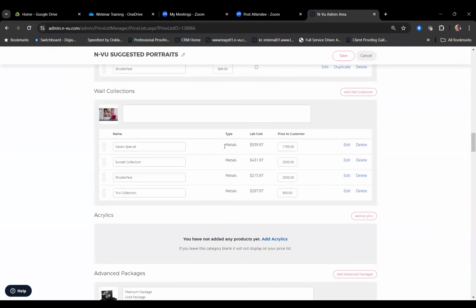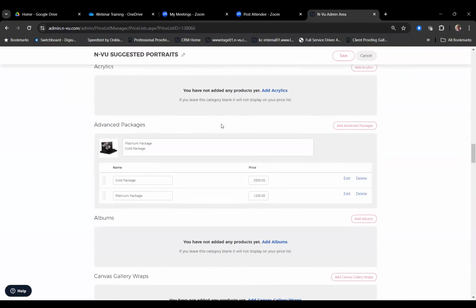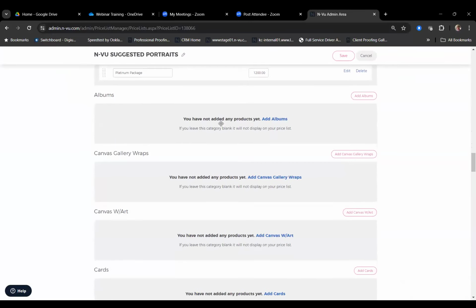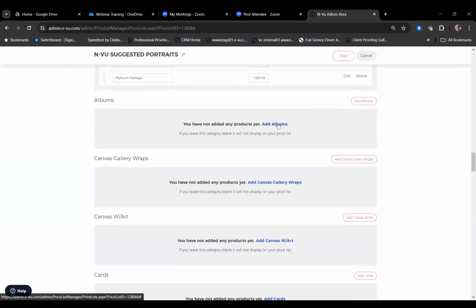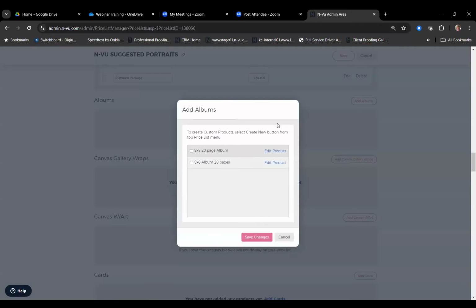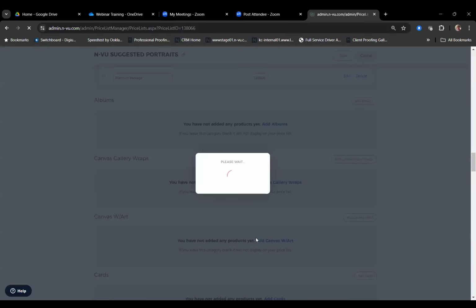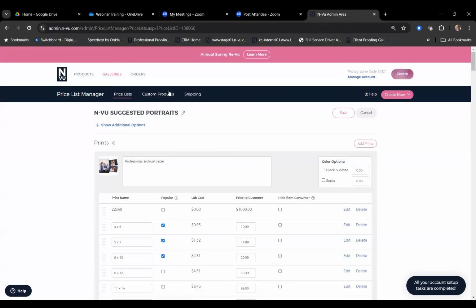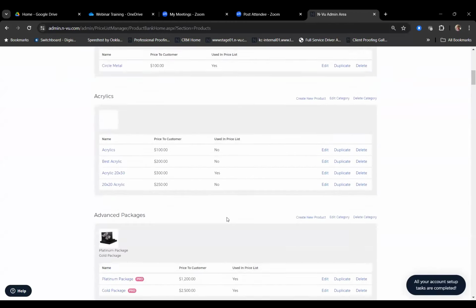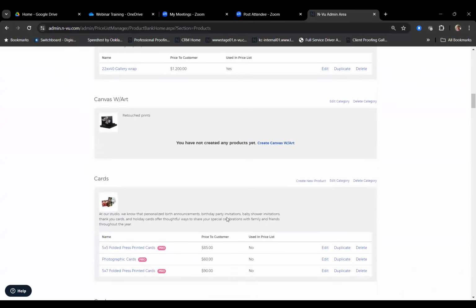Scroll down, we have wall collections already preset for you that you can modify, but you can also add additional products. So if I add, let's just say albums to this, it looks like I already have some preset as a Pro Custom product. I just hit add and it applies it. But the custom products themselves, like I was saying in the form builder,